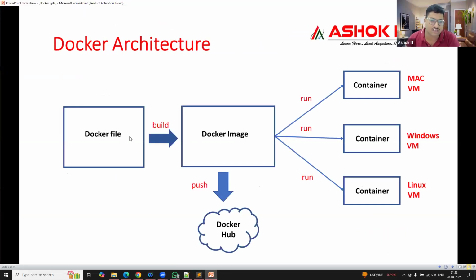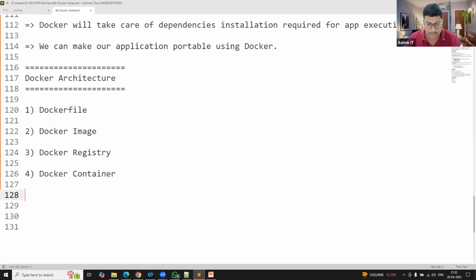In tomorrow's session, we are going to understand the Docker architecture. Once we discuss the Docker architecture, you will get full clarity on how Docker is going to work in real time. Once we have clarity on this architecture, I will install Docker and we will start practicing with Docker. Are you clear with my point, guys?